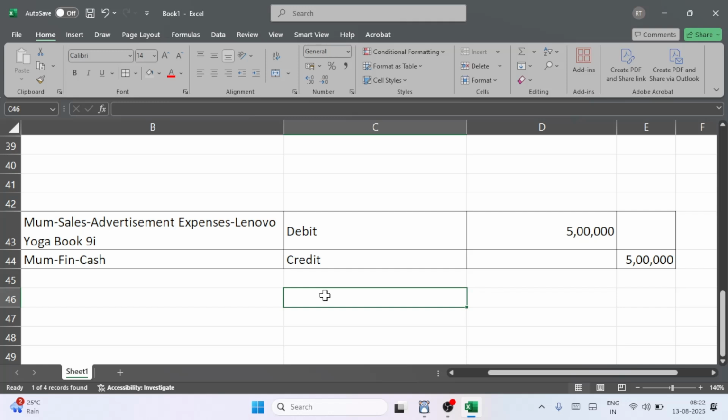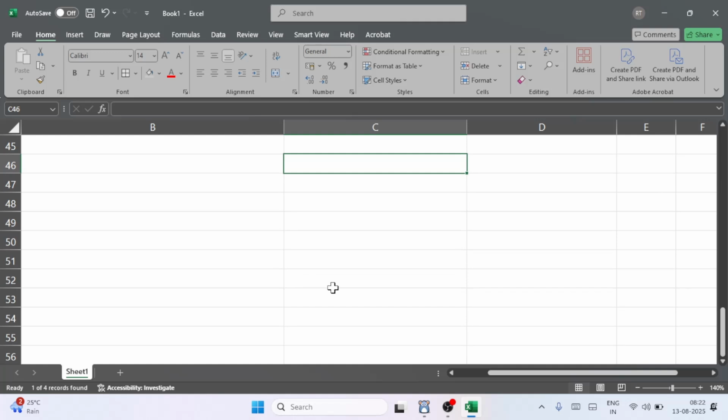In this case, I'm capturing the product code also. So tomorrow when management asks to run the revenue report, let's say the overall profit on sale of Lenovo Book Yoga AI is 20 crore, but there are some expenses which are incurred by the management. So as part of advertising the new product,